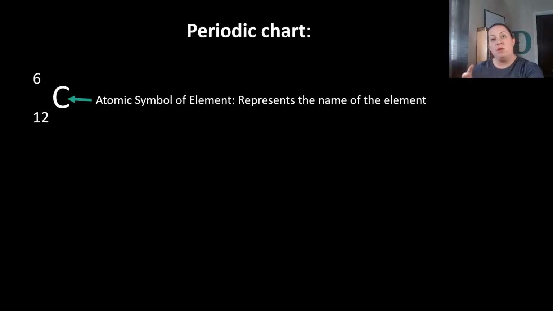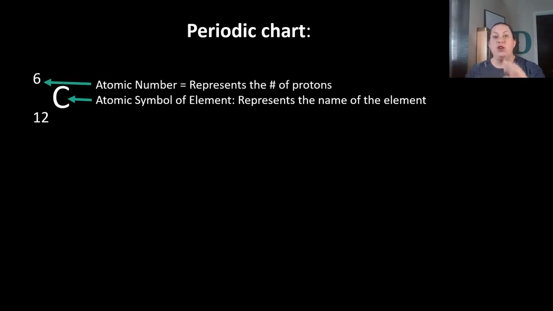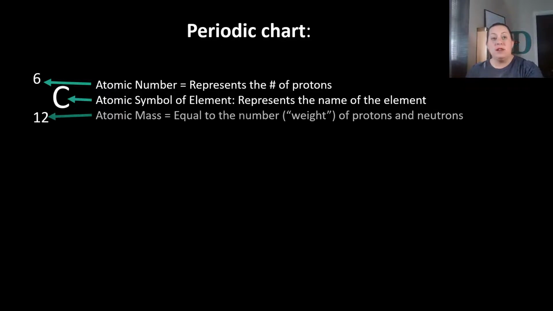There's also going to be 2 numbers in this chart. The first number, that is the smaller number, is the atomic number. This represents the number of protons that particular element or atom has. So in this case, carbon has 6 protons. It's its atomic number. We also see, though, that there's going to be a bigger number, and this is the